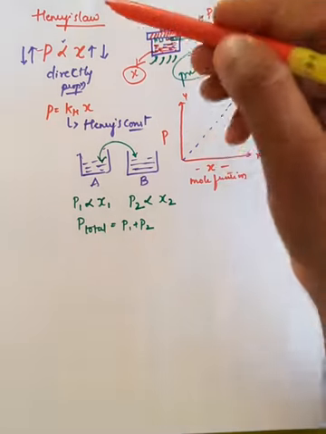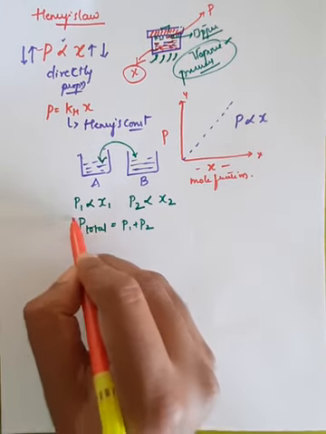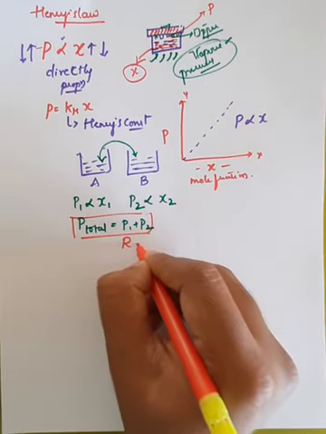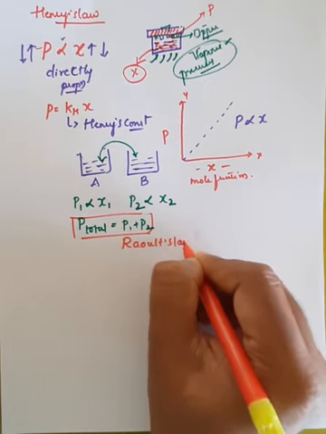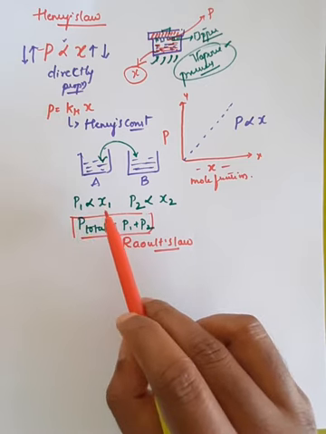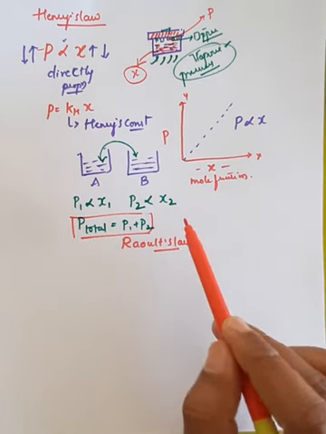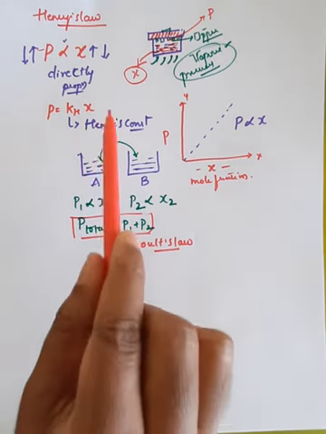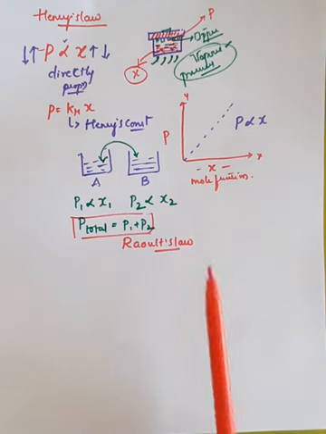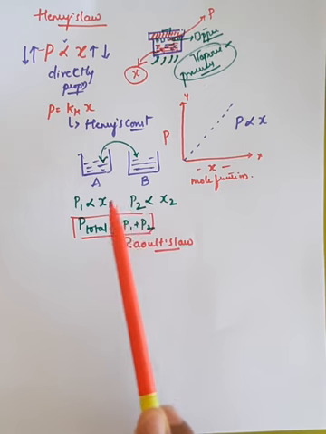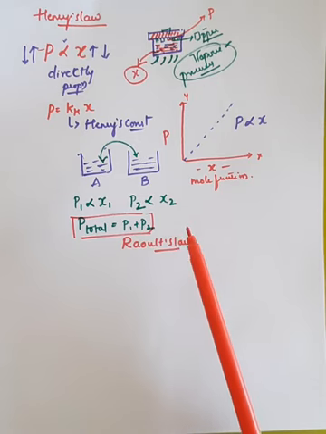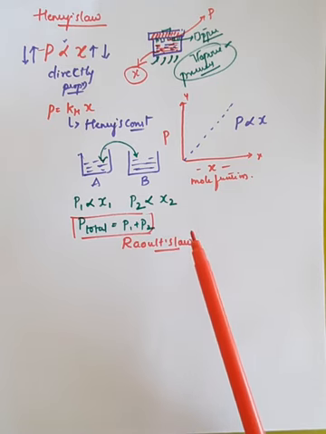Whenever Henry's law is applied for two combined solutions, this is called Raoult's law. This is very important, right? So Raoult's law is almost similar to Henry's law. It also says P1 is directly proportional to x1 and P2 is directly proportional to x2. But the most important thing is, whenever you apply it for only one component system or only one type of solution, then that is given as Henry's law. When it is applied to a mixture of two different solutions, then it is called Raoult's law. Right, so you can also draw the graphical representation for Raoult's law.